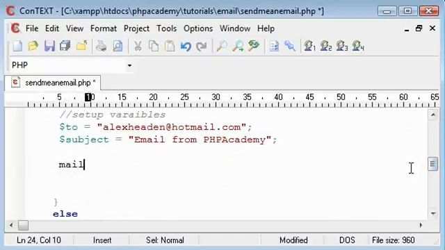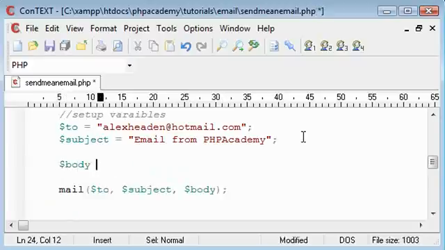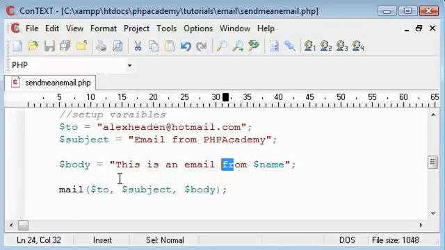The mail function is something like this, mail, and then the first variable that you need to include is who the message is to, so that's obviously to, and then we have the subject of the email, which is just subject because we've got this here, and then we have the body of the email, so body. What we can do is say here body equals, and we can start setting this up. So this is an email from name. Okay, so we've included the name inside the body of the email,